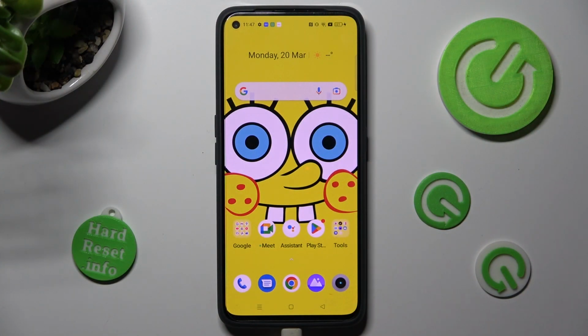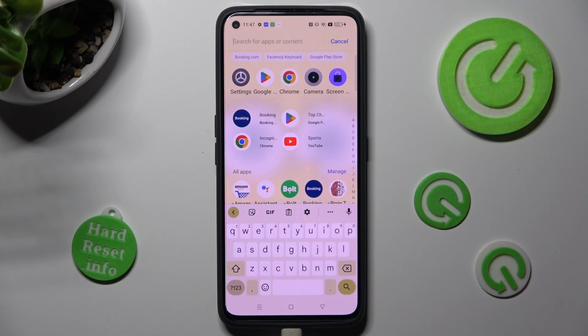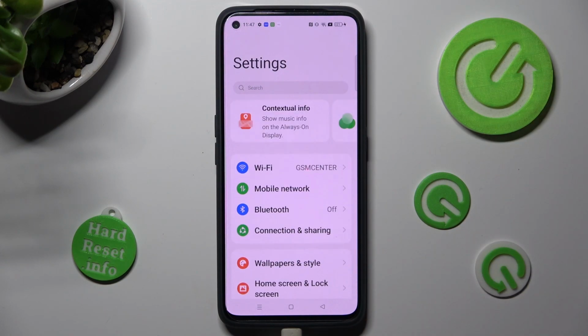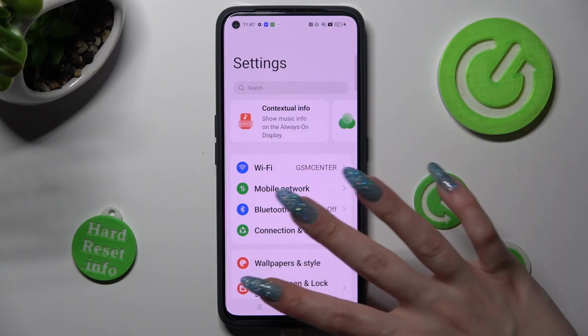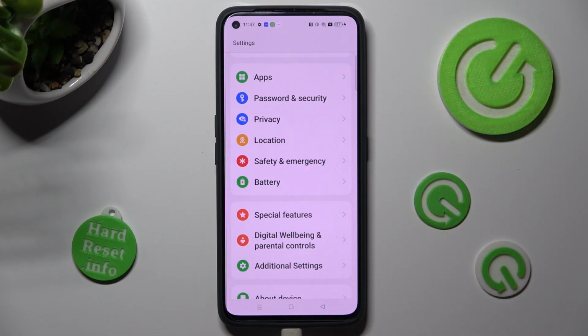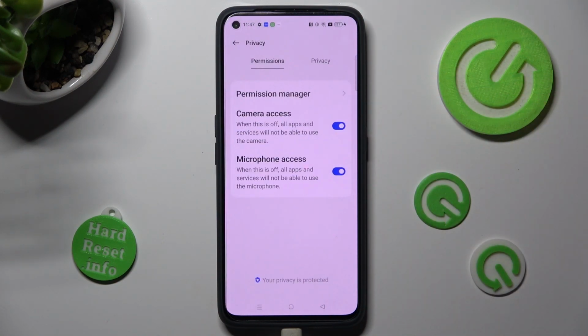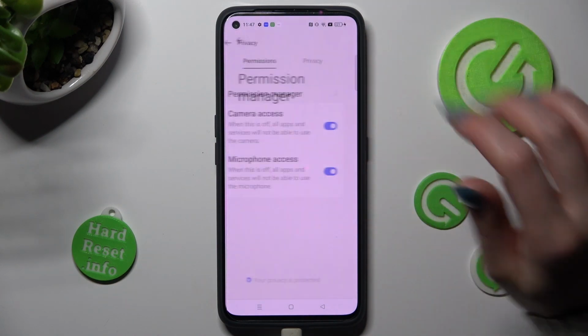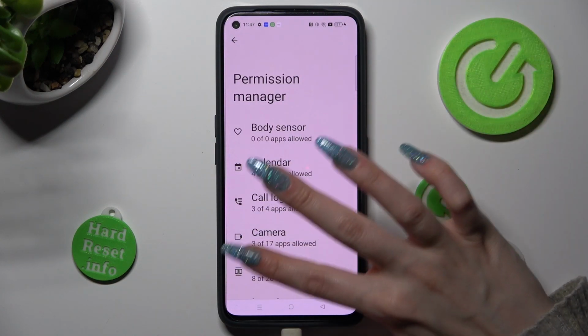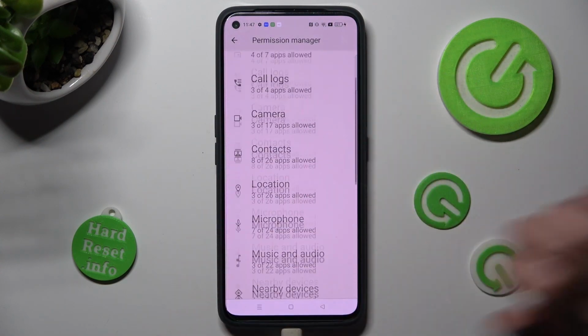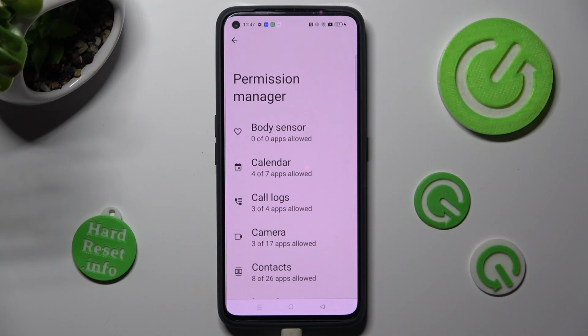You need to begin by opening Device Settings. In them, scroll down just a bit to access Privacy section. Then tap on Permission Manager and tap on one of your device's features that you wish to manage, in my